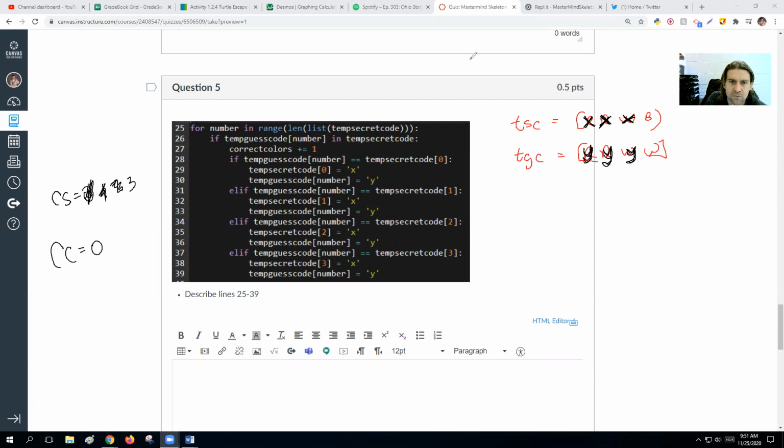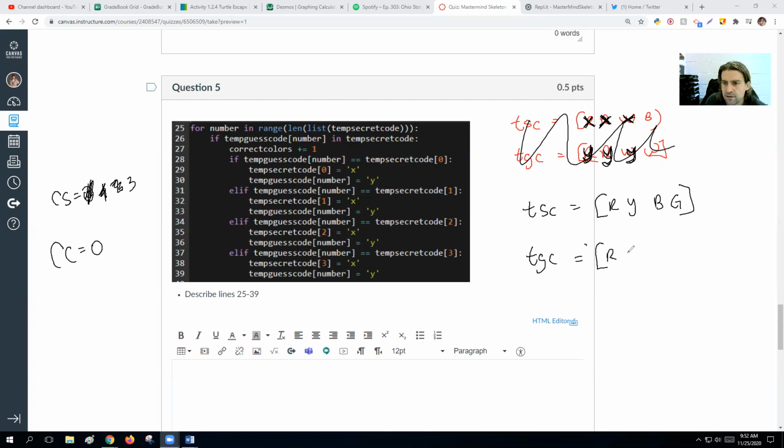So let's imagine we had a problem where we had a temporary secret code, which was red, yellow, blue, green. And then we had a temporary guess code of red, green, orange, purple. Okay, so what we would do first here, our correct number of spots would be, we'd go through here